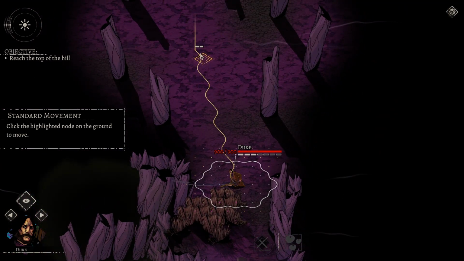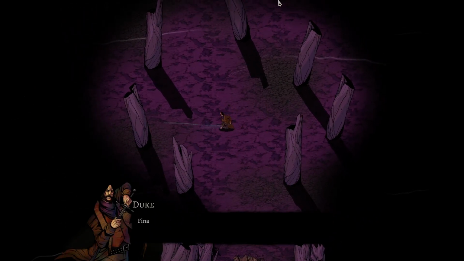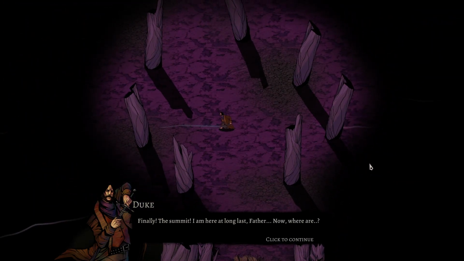I wonder if we could have avoided some of that combat. Well, I mean in future ones. This is a tutorial, so I assume we can't actually avoid anything. Finally, the summit. I'm here at long last, Father. Now where are